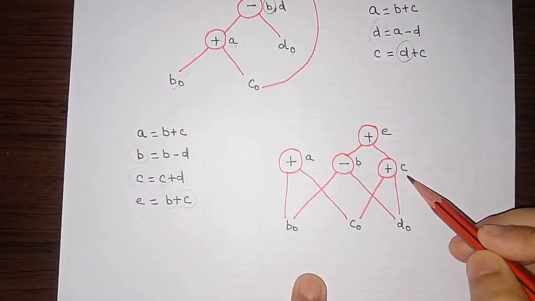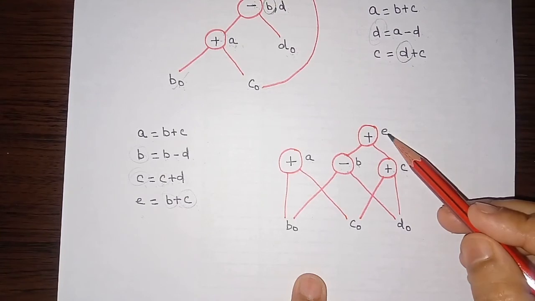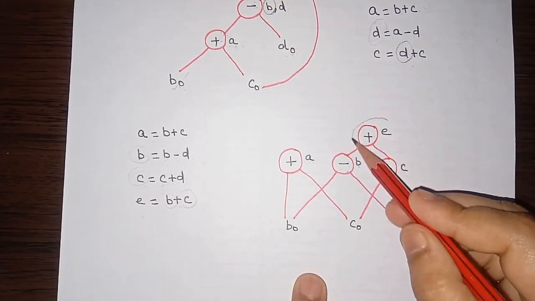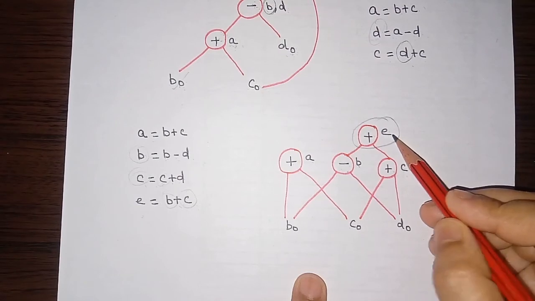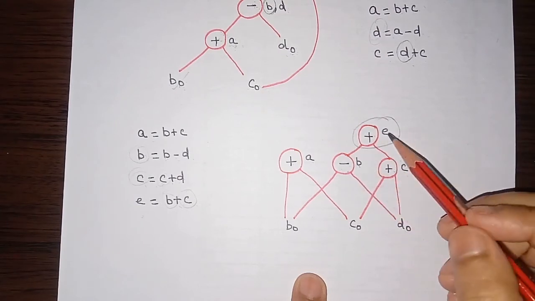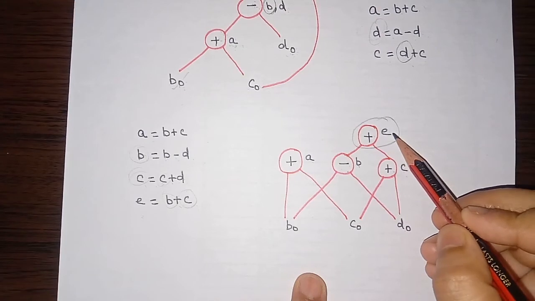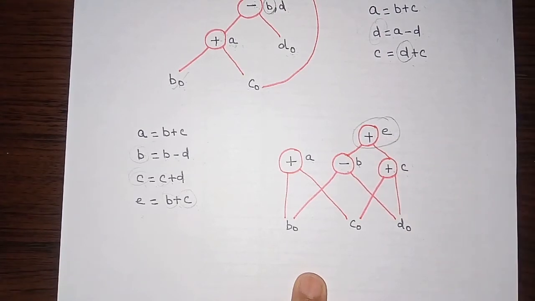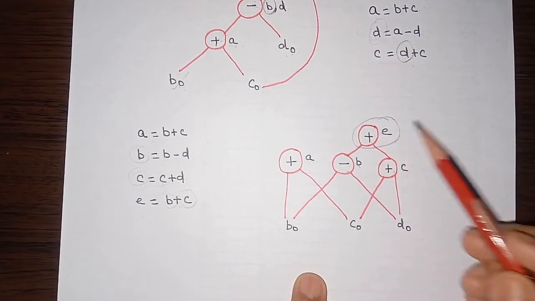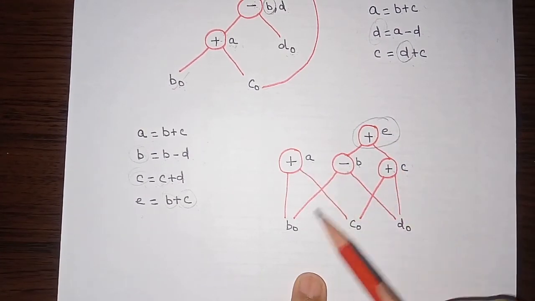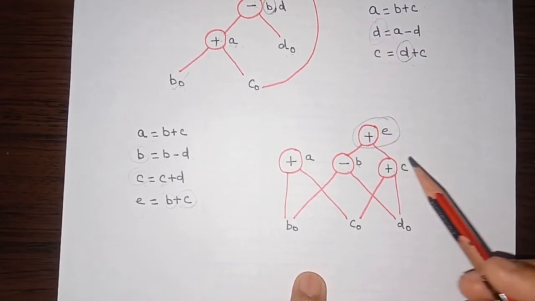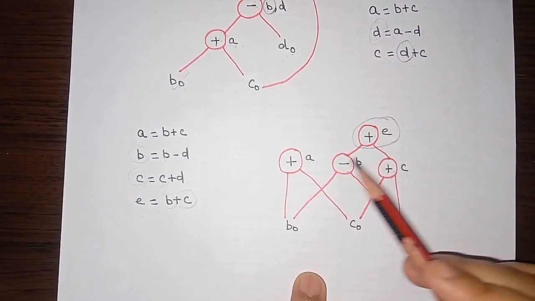So what we can do is, if C and E are not live variables, then we can remove the root node, that is E. So here E is the root node for these subtrees, and we can remove this root node labeled by E. And then when we remove this root node E, then we'll be having only these nodes right now. After removing this node, then all these nodes will become root nodes.